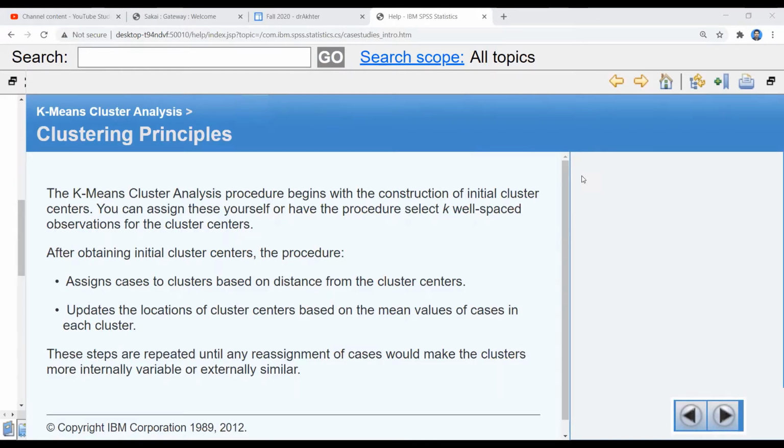The points which are closer to another cluster center will be allocated to cluster 2, and so on. So this procedure is repeated until we have similar distances, or the allocation of clusters becomes stable. So this is the technique which we are going to implement.